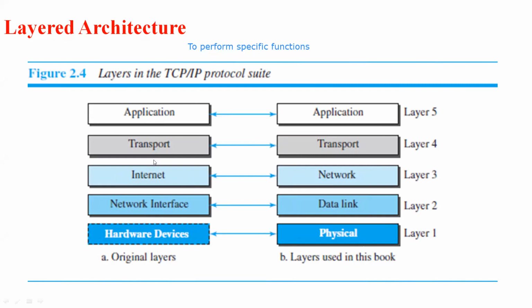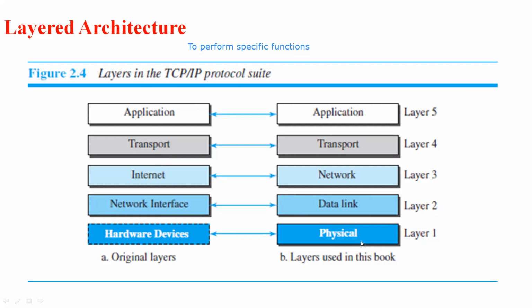All these 5 different layers work collaboratively in order to transform the data from one layer to another layer. So here we have 5 different layers: physical layer, data link layer, network layer, transport layer, as well as an application layer. So these are the 5 different layers of the TCP/IP protocol. This is a layered architecture. So they are arranged according to the different layers.